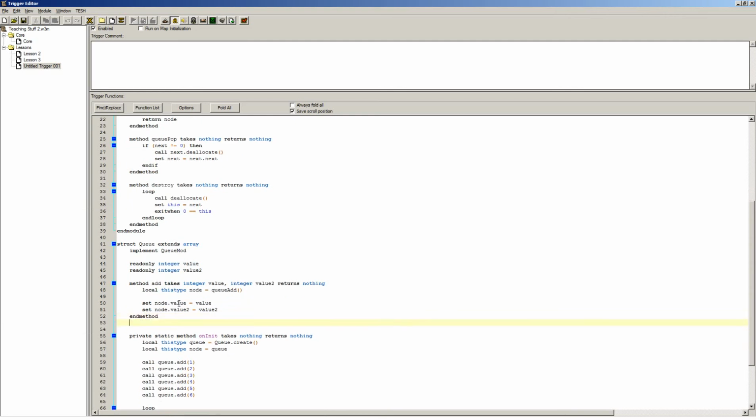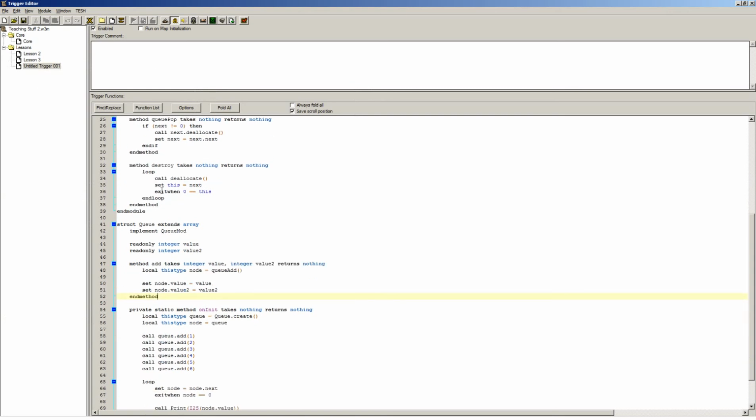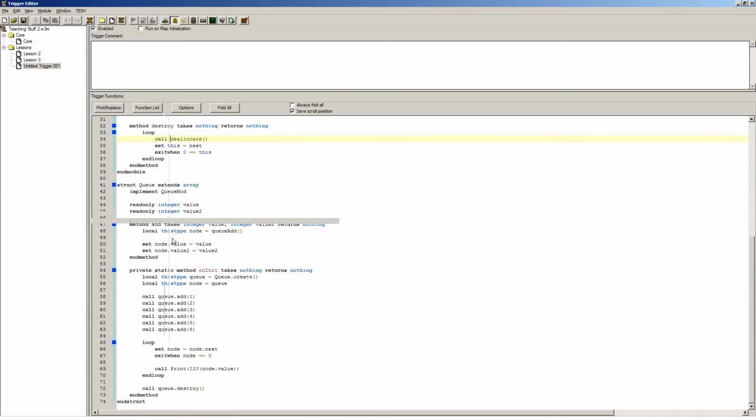Then for method pop, we can actually just use the plain old q pop up here. And let's just keep it as q pop. And for method destroy, we'll keep that too. So now we can add in our very own values to the queue. Since it takes two values now, we're going to do one, how about -1, 2, -2, 3, -3, 4, -4, 5, -5, 6, -6. So now we can iterate over this and go,